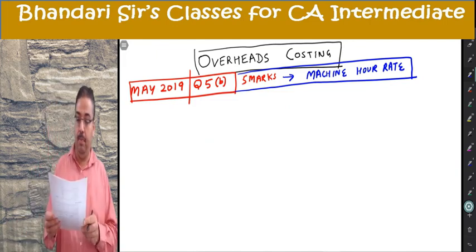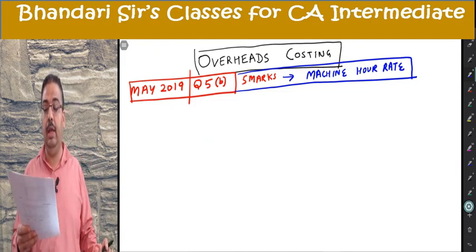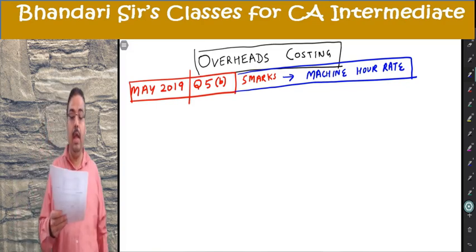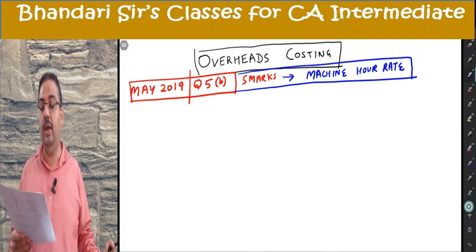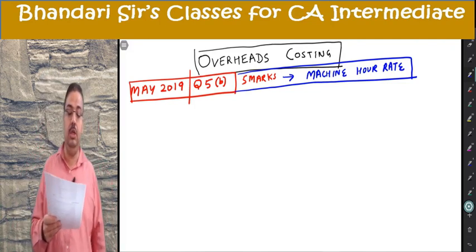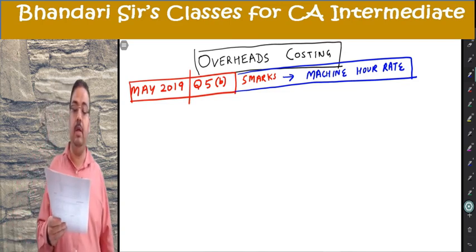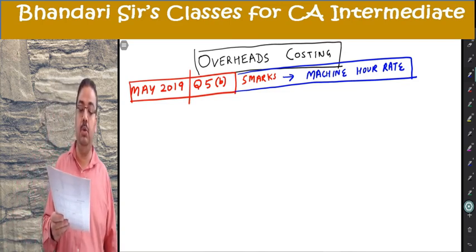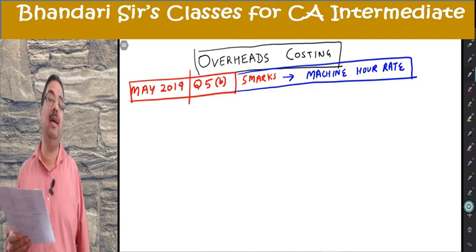Mrs. Zena Private Limited has purchased a machine costing 29,14,800 and is expected to have salvage value 1,50,000 at the end of effective life of 15 years. Ordinarily, machine is expected to run 4,500 hours per annum, but it is estimated that 300 hours will be lost due to normal repair and maintenance. Other details are given as follows.